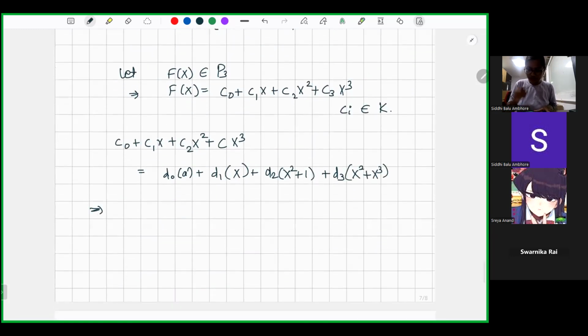So this will imply that C0 plus C1 x plus C2 x square plus C3 x cube